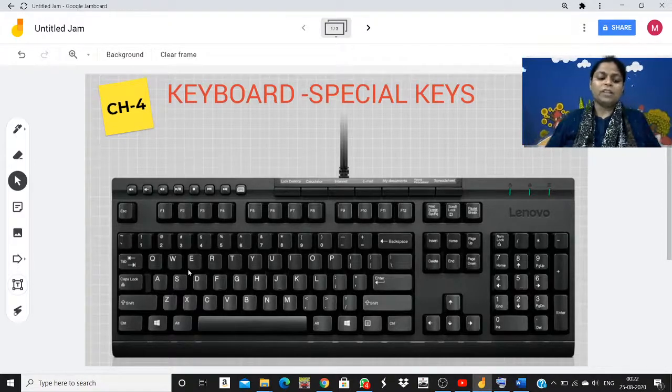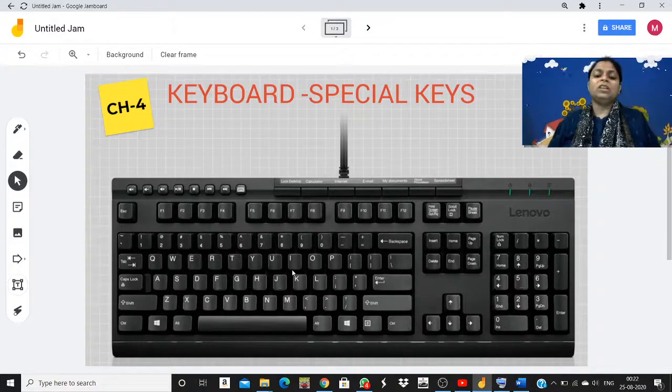Actually, there is a myth, we have heard that he arranged these keys randomly. It is not in alphabetical order like ABCD, so as to stop the keyboard jam. He thought that if all the keys are in a sequence ABCD, people will start typing very fast and the keyboard may have a jam, may have damage.